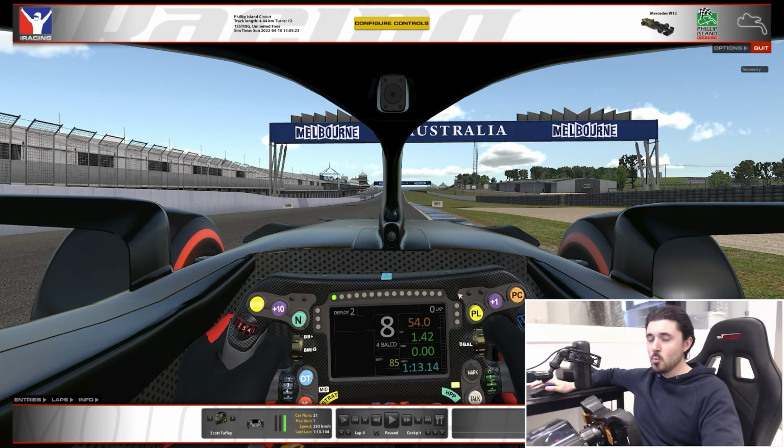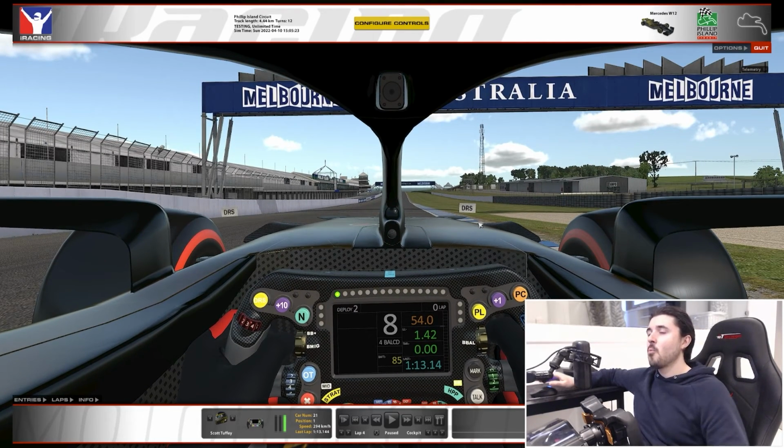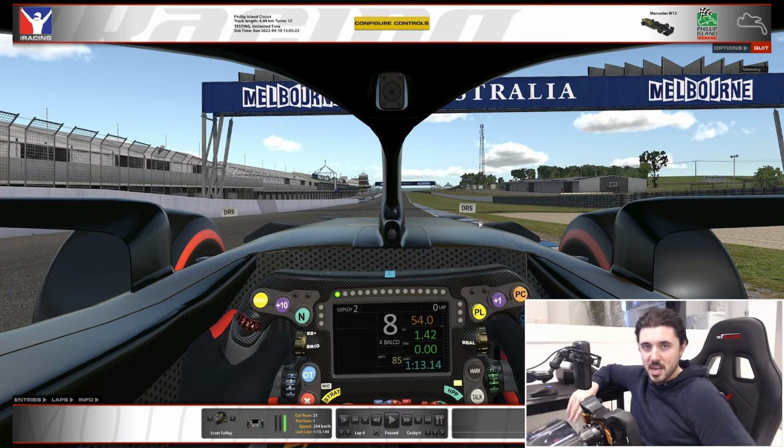So, we are on the start finish straight and just want to bring your attention to the markers here, and this is our one and only DRS zone on the track, and we'll get to the last corner of course as we make our way round the lap itself. But the last corner is very important here, because if you're following someone, if you can stick within that DRS,